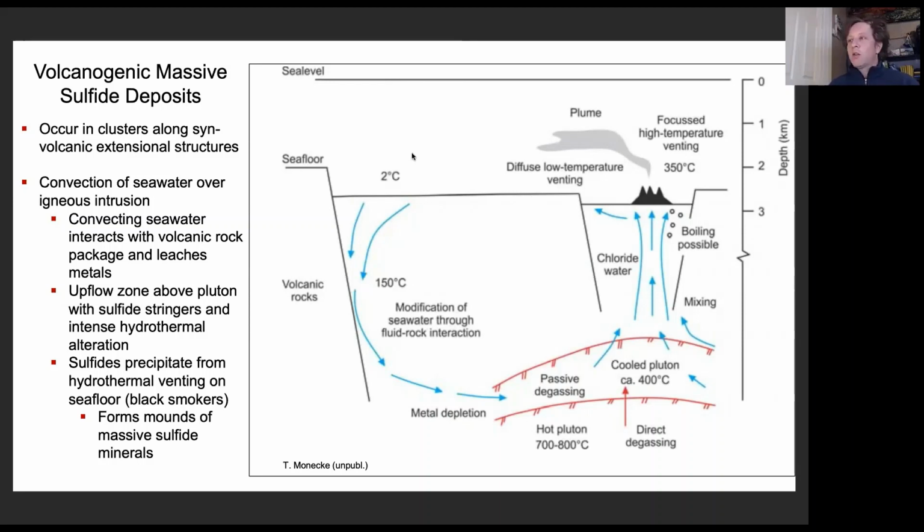So these VMS deposits occur in submarine extensional environments. The deposits I'll be talking about today formed within a back arc rift environment. So you have this submarine environment with these extensional faults right here that will facilitate fluid flow from the seafloor down into the subsea floor environment. And as these fluids are penetrating into the seafloor, they're becoming modified through fluid rock interaction. This is where the metals get picked up into these fluids, and then these fluids ascend over the rift-related intrusion right here, and these heated fluids ascend up